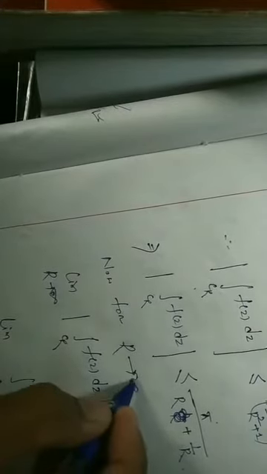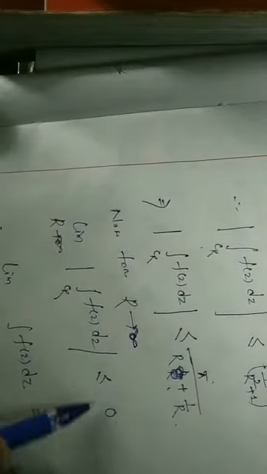Now if we simplify, we get pi by R plus 1 by R. When R tends to infinity, this term will be 0, because pi by infinity equals 0. So for R tends to infinity, this term equals 0, and the limit as R tends to infinity of the modulus is less than or equal to 0.